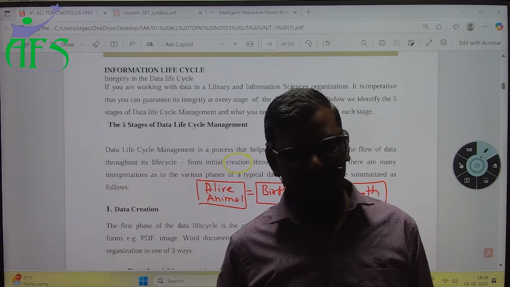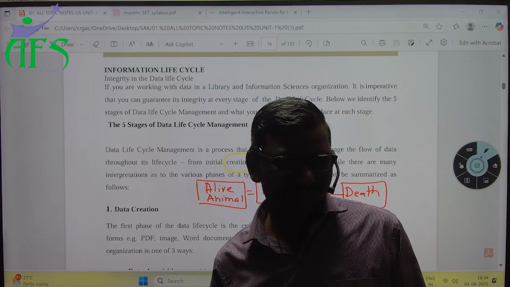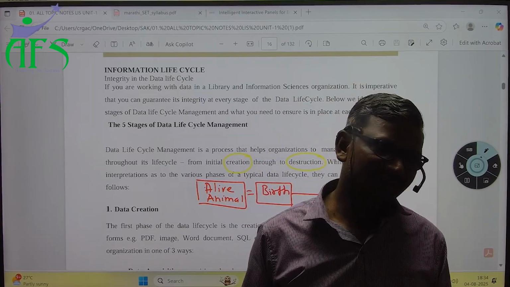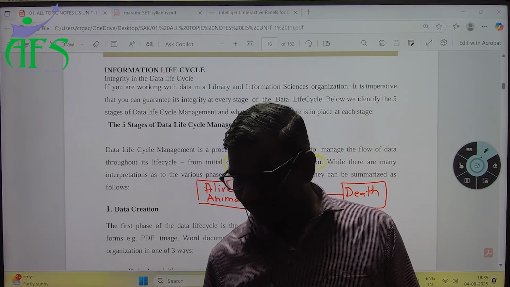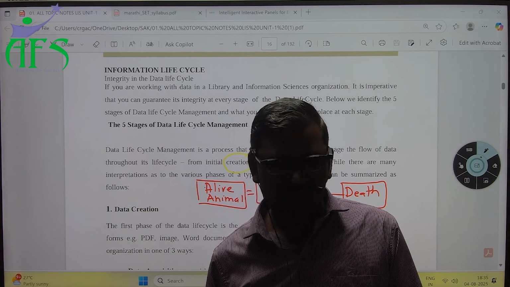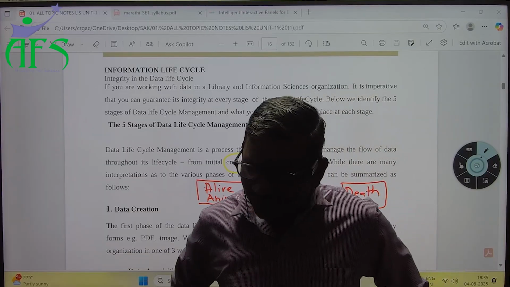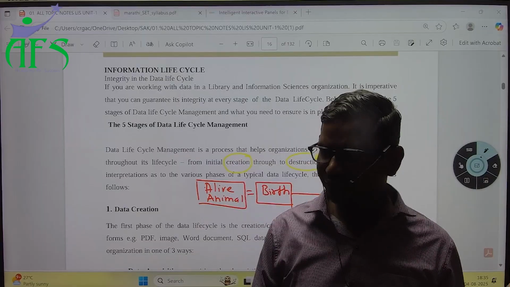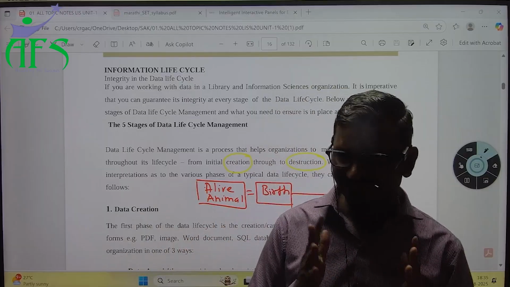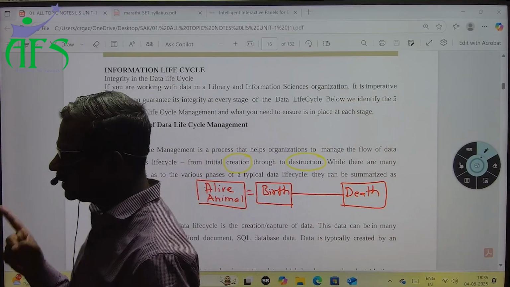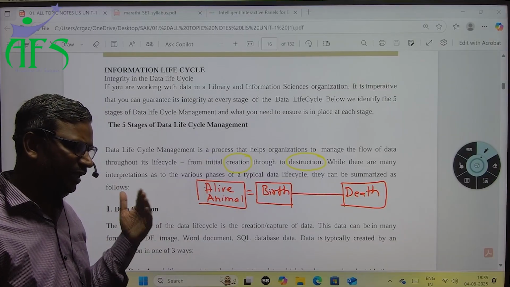After studying, we will understand many features: how the information is generated, who is the generator of information, what are the processes and methods of generating information, and from generation to destruction, what kinds of stages come there and how the information passes through these stages. Okay, so we need to study from the first stage to the last stage of information. That is why all the stages are most important in the information life cycle. Okay,